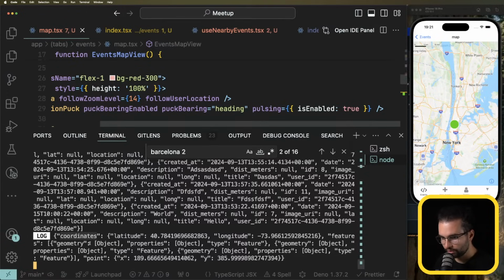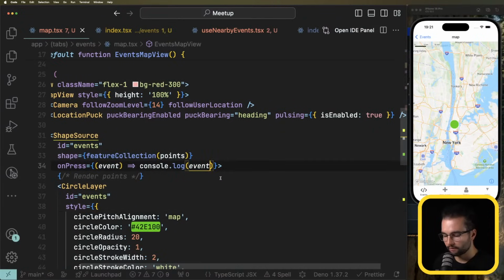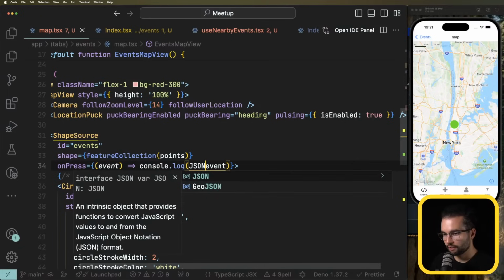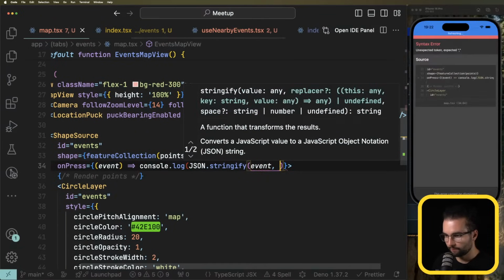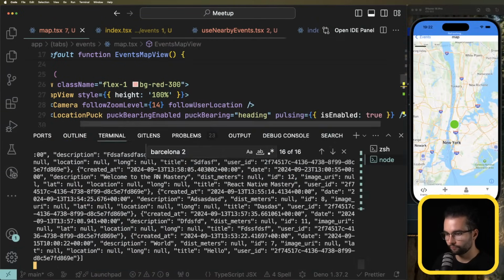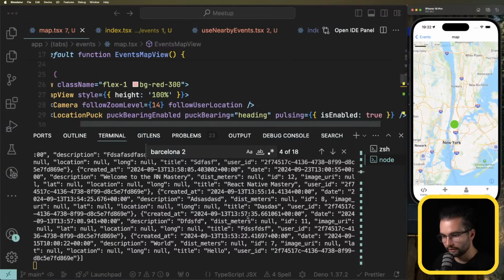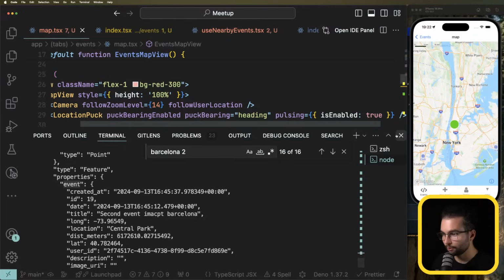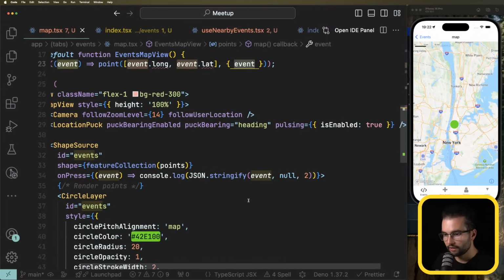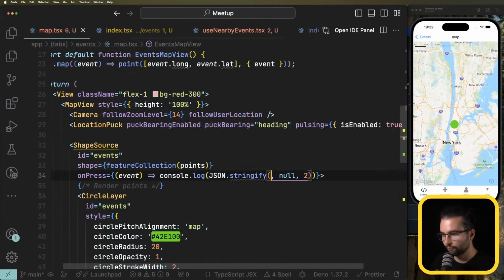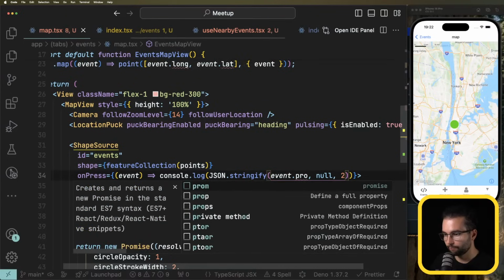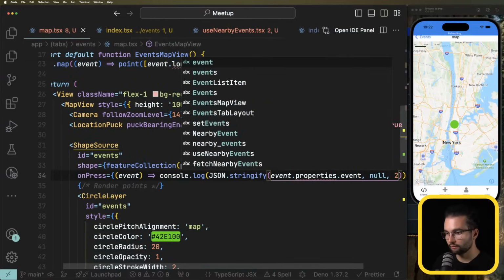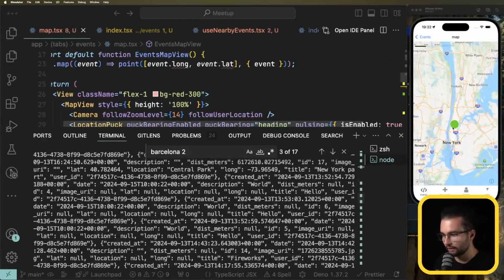Boom, we have features, geometry, geometry, geometry. It should also have what? JSON.stringify. So if I click, look, it has point, but it has also properties event because we attached it here. So I can do event.properties.event. So if I do click now,